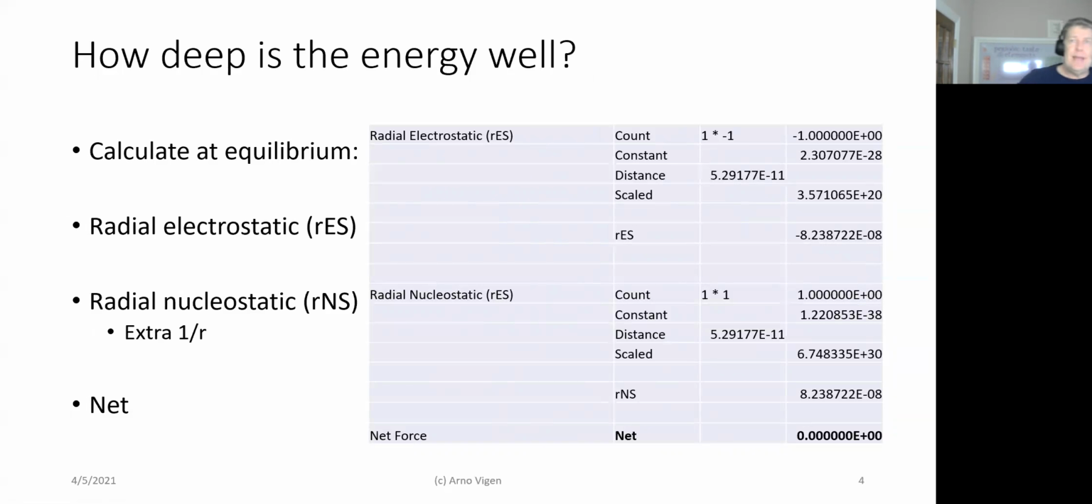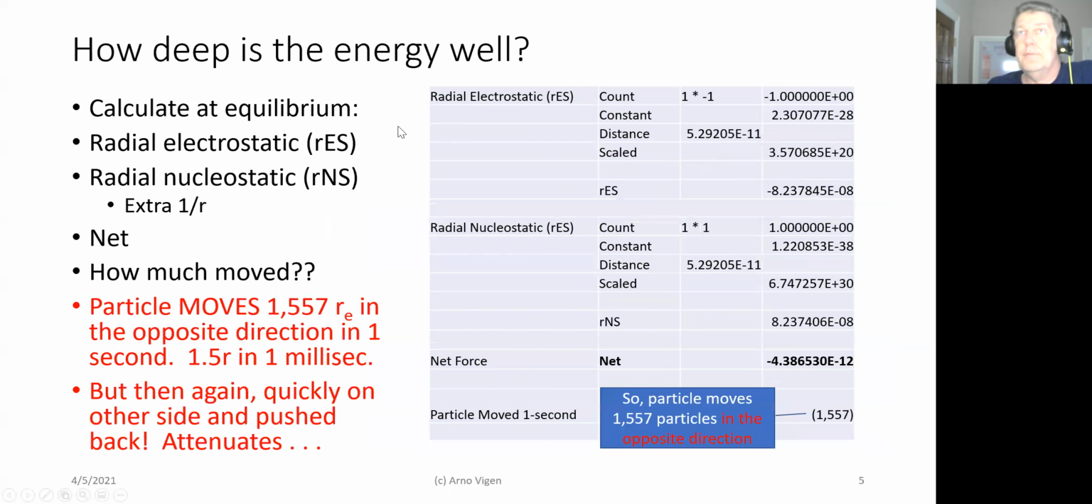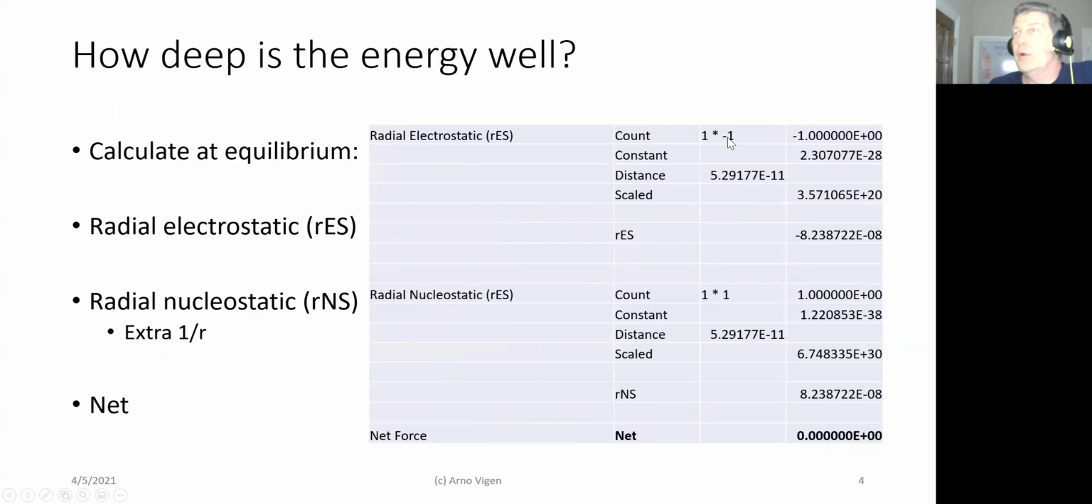So how deep is that energy well? First, let's do the perfect calculation here, okay? So the radioelectrostatic is 1 proton, positive, and 1 electron, which is negative. So it's a negative attractive force. Now the constant, and I'm using here the shortcut of the Coulomb constant, but done in per